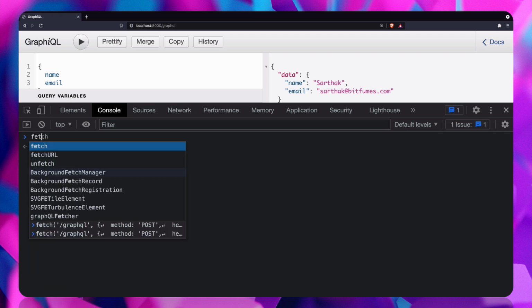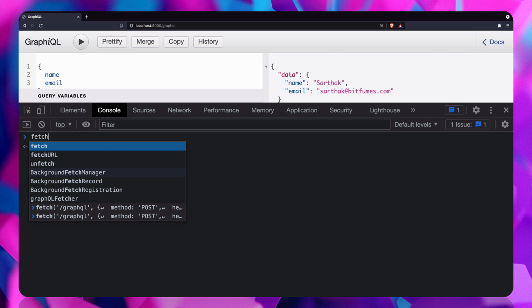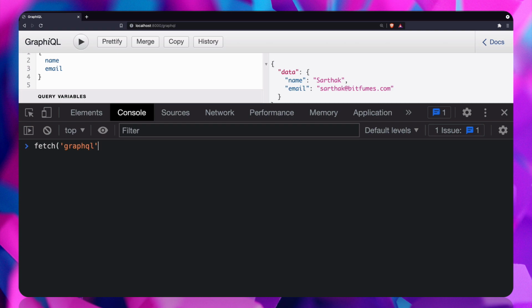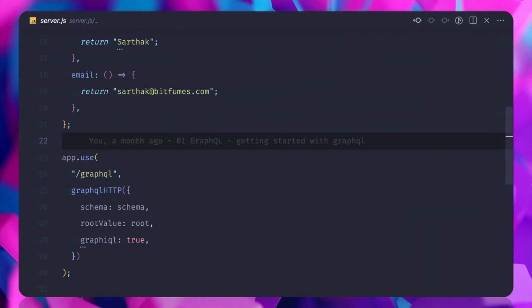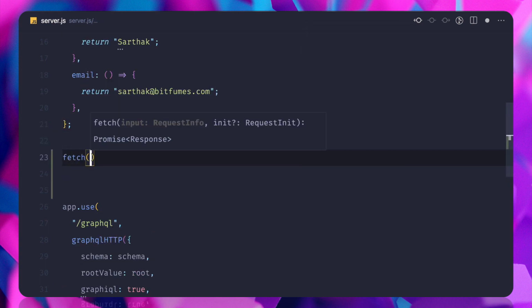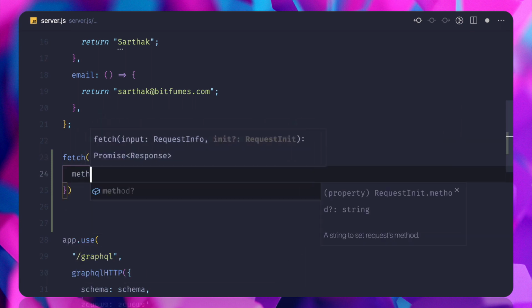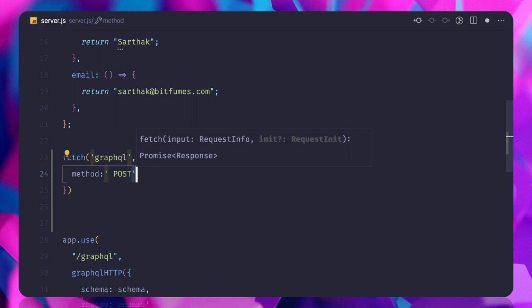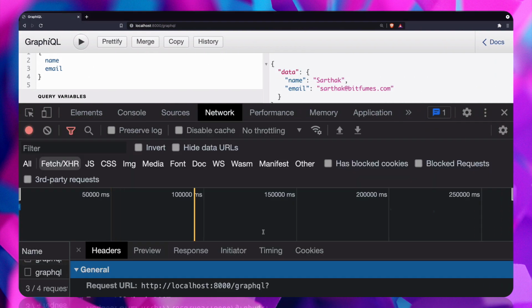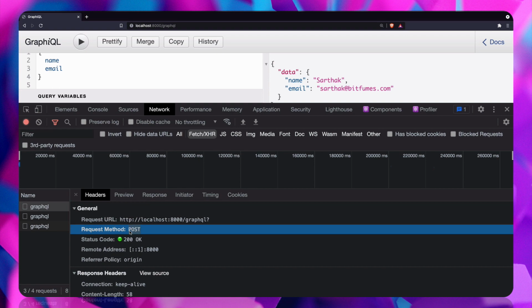Fetch is a JavaScript function which is going to send an Ajax request. Where do we want to send it? We want to send it to /graphql, but it's not good to write here, so I will first write it here, then cut and paste it there. So I need a fetch request on /graphql, and then we need to define the method. The method is going to be a post method. How do I know? Because on the network tab, if you check, this is actually a post request on the graphql